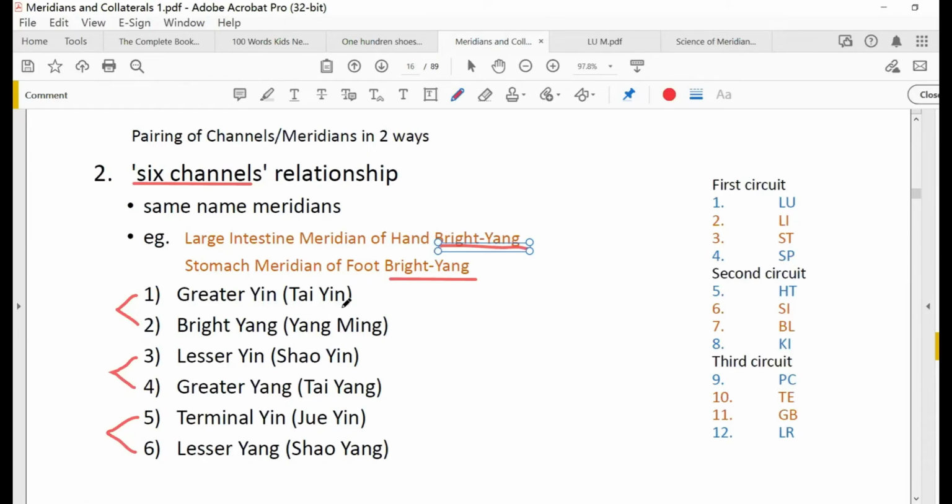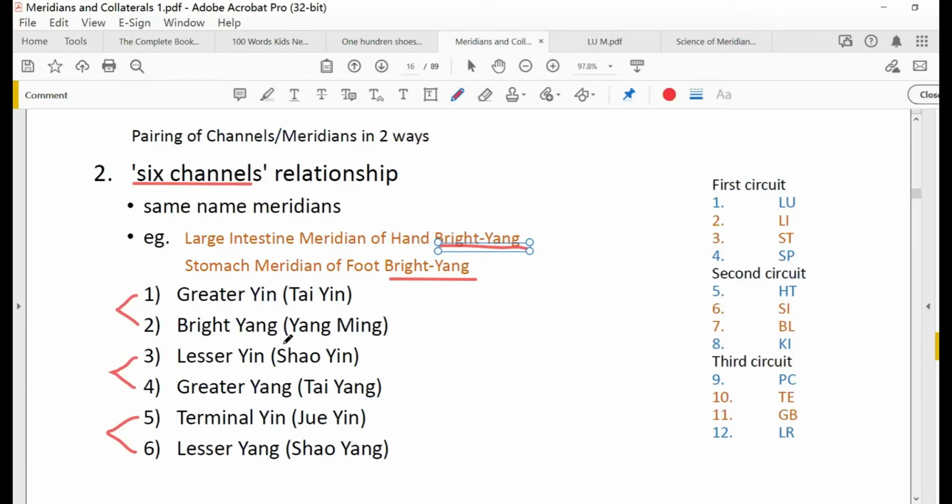This one's Tai Yin, right? Greater Yin. And the greater Yang is here. This greater Yin. And greater Yang is supposed to be here, but not. Greater Yang is here. And instead,